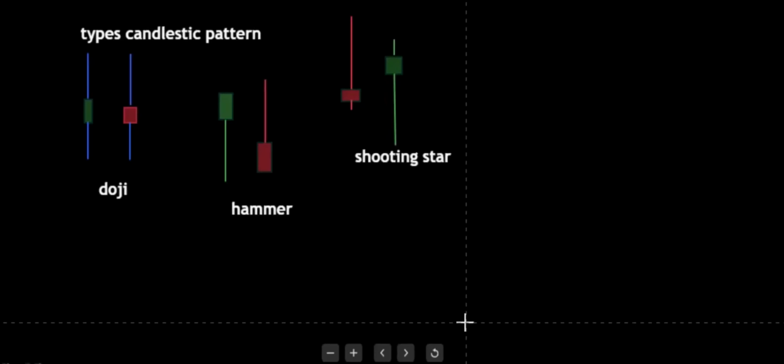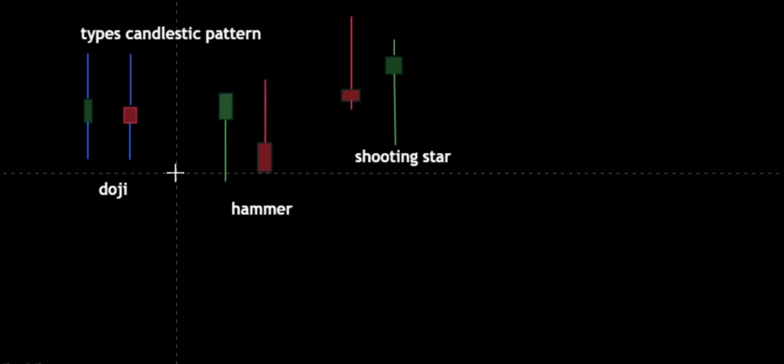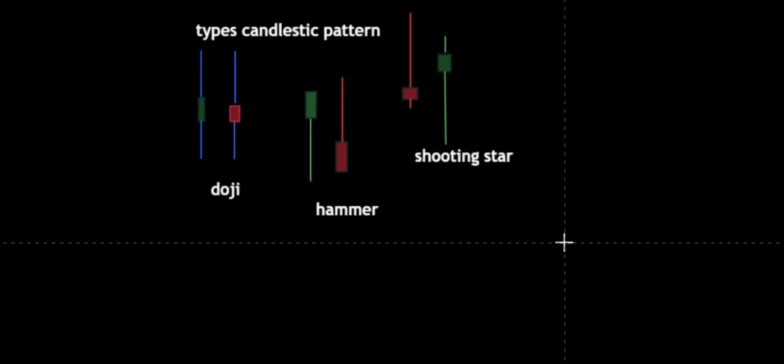As you can see, first of all we understand the basics of a candle. The important thing is to understand the opening and closing. As you can see, this is the body and these are wicks. जो बड़ी सी है ये, इसको बॉडी बोलते हैं. ये जो होती है विक, it is not important but for knowledge.